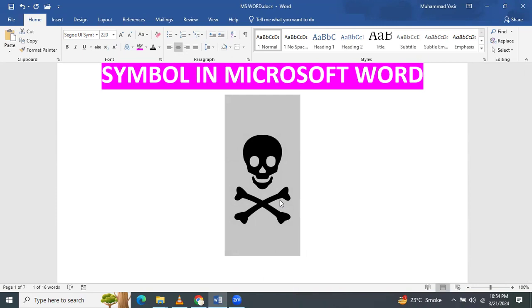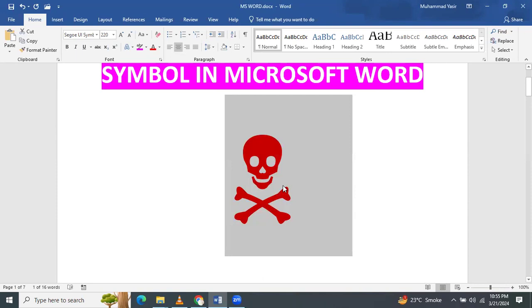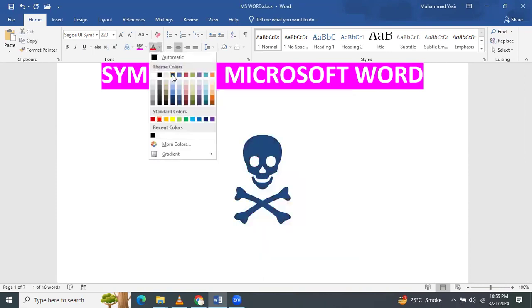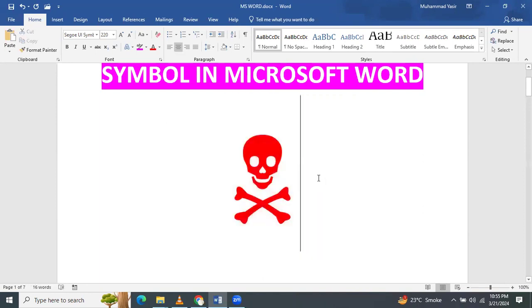And by default, danger sign in Microsoft Word document is black in color. And if you want to change the sign of danger, you can change it from here. You can make it red. You can see that it's changed to red now. And you can change into blue, green, or any color from this color scheme as per your requirement. I can make it red for your utilization, and